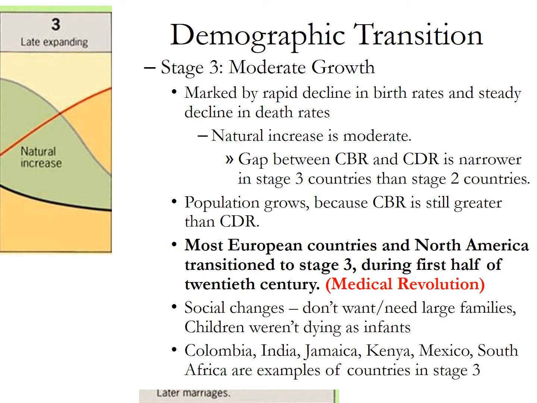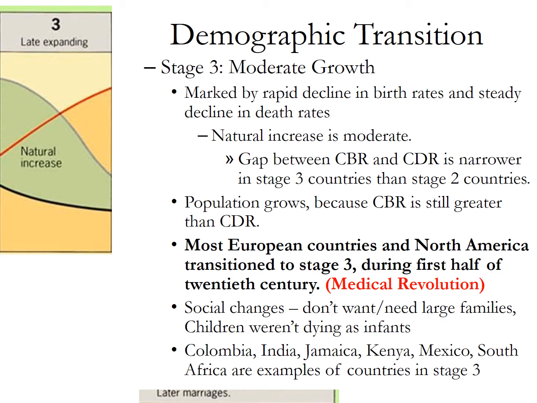So most European countries and North America transitioned to stage 3 with the medical revolution. Yeah, that thing I just mentioned, right? So the medical revolution originates from North America and Europe. This is vaccines. This is understanding bacteria. This is creating medicines to cure preventable diseases, right? So the medical revolution drops that death rate even more. That medical revolution is then diffused to the rest of the world through expansion diffusion, and they